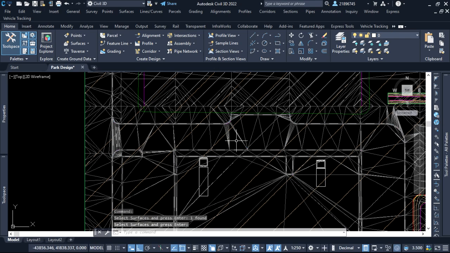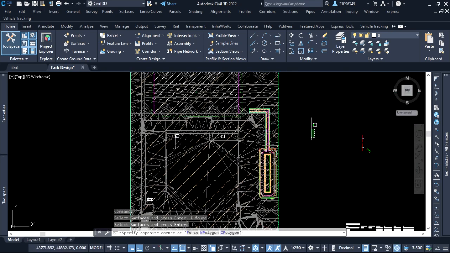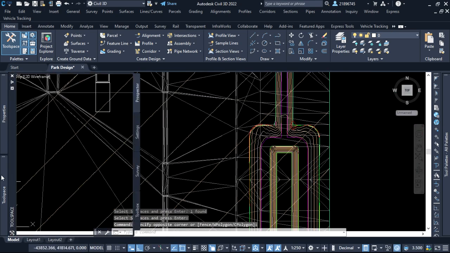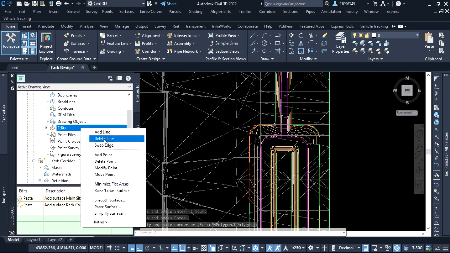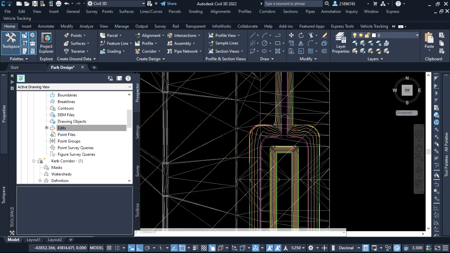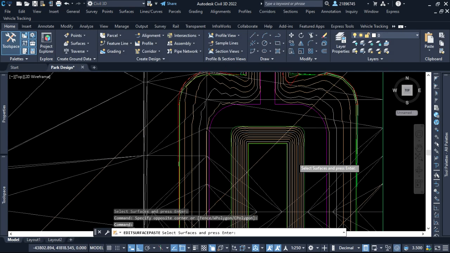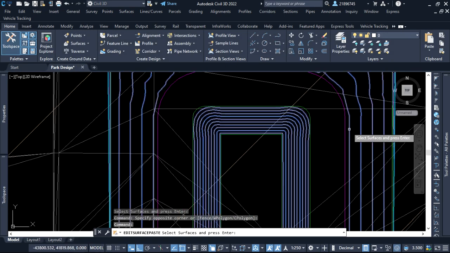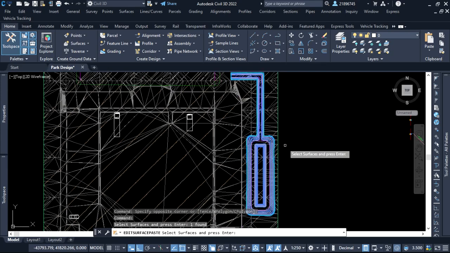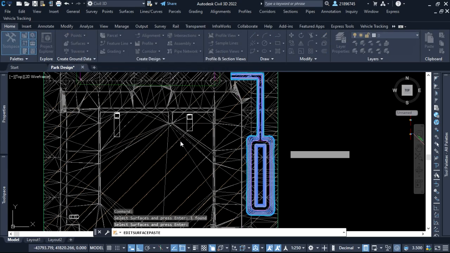So now we have the parking surface, and now the third one we need to paste is the retention pond. So this is the retention pond,